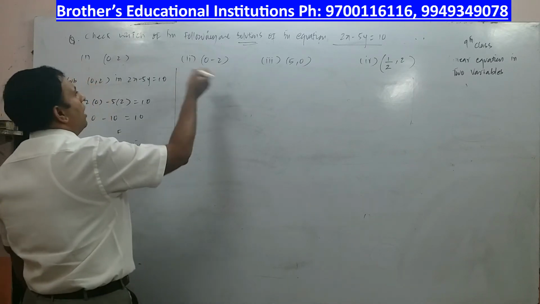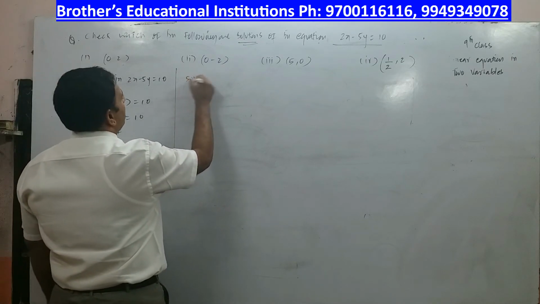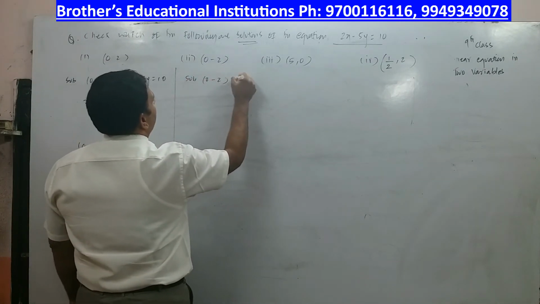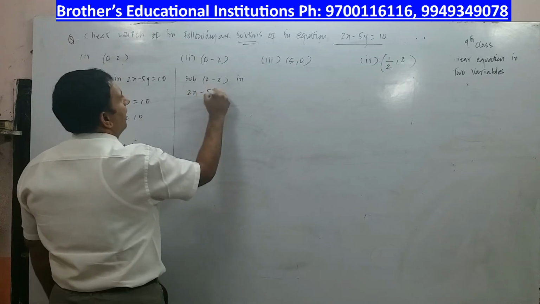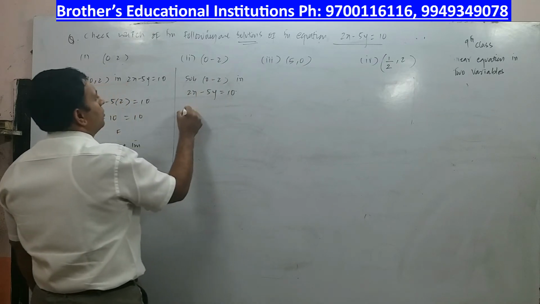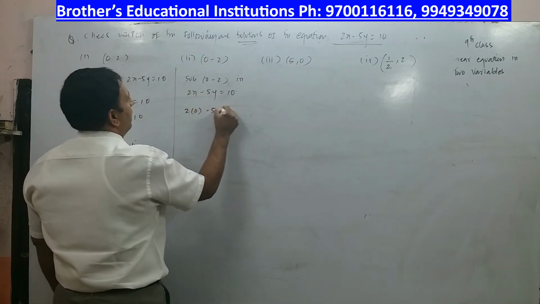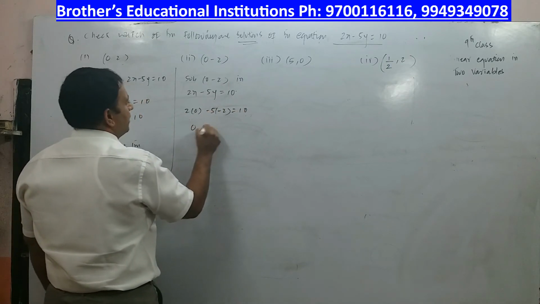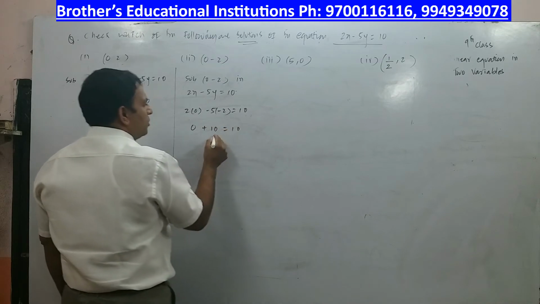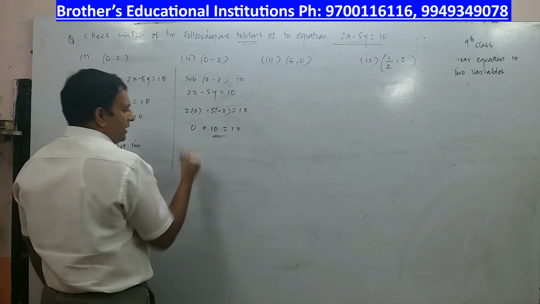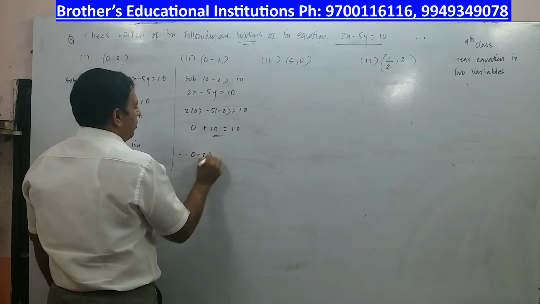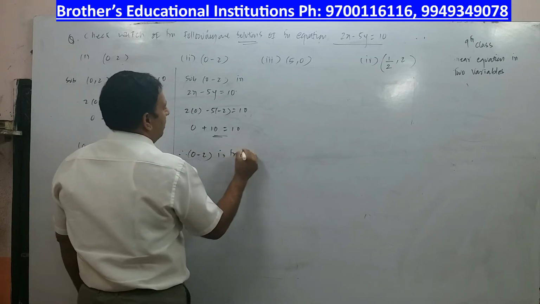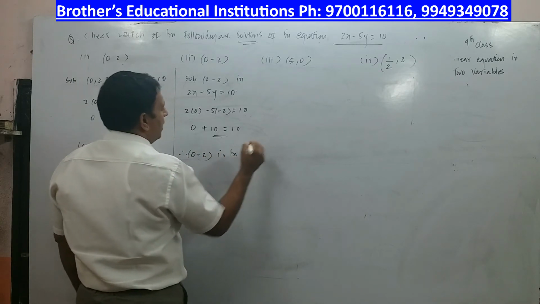Next, 0 comma minus 2. So substitute 0 comma minus 2 in 2x minus 5y is equal to 10. So 2 into 0 minus 5 into minus 2 is equal to 10. 2 into 0 is 0, minus minus plus, 5 2's are 10, is equal to 10. So 10 is equal to 10, is it equal? So it is satisfying. So I will say therefore 0 comma minus 2 is the solution for